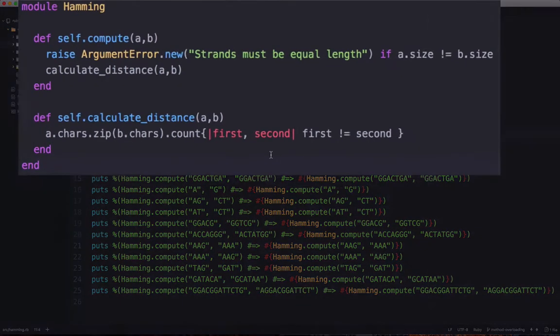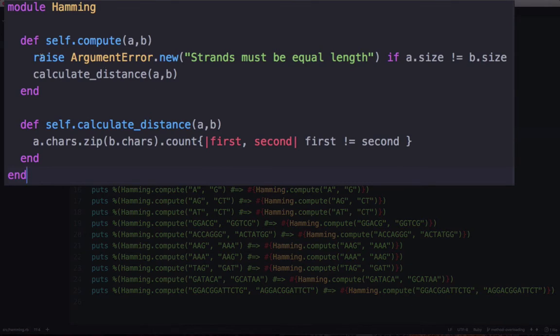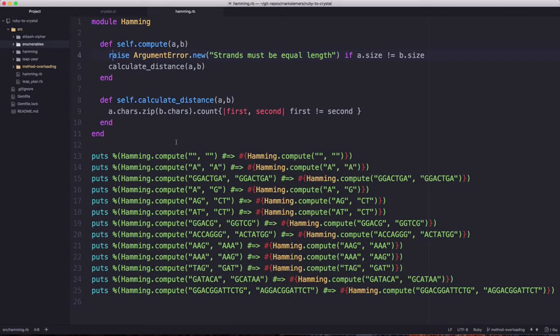What's important is if you look at some of the code that's used here, you'll see a lot of Ruby features. We're raising an exception. We're using a post condition with an if statement. We're using chars. We're using zip. We're using count with a block. Using puts statements, right? So all of these features of the Ruby language, from enumerables to post conditions, make it